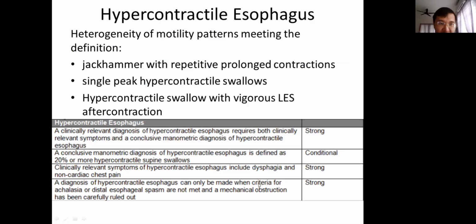So how about hypercontractile esophagus, right? Actually, they have a few motility patterns meeting the definition. Hypercontractile could be jackhammer. It could be a single peak hypercontractile. Jackhammer is multi-peak contraction, right? So sometimes on top of that, you also get single peak contraction, more than 8,000 in DCI. And of course, sometimes what you get is also a hypercontractile swallow with a vigorous LES after contraction, meaning the lower esophageal sphincter has a prolonged contraction, increasing the DCI reading. So sometimes all these situations can occur, right? So